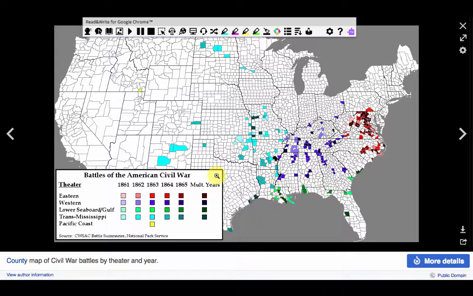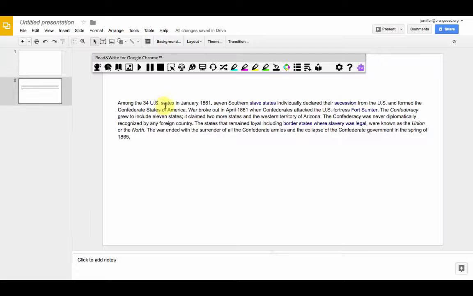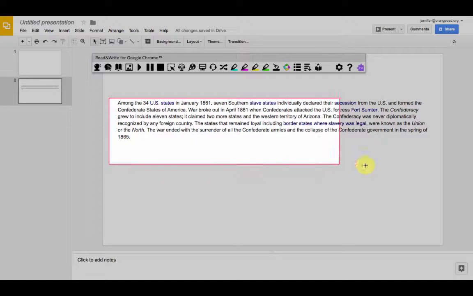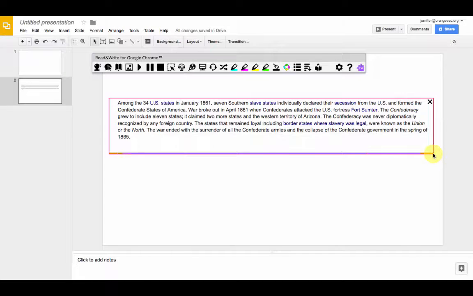The screenshot reader is also really great in other areas, like in a Google slideshow, like this one right here. So if I jump over to this Google slideshow, we'll notice that the regular text-to-speech does not work in a Google slideshow or in a PDF or areas like that, but the screenshot reader works great. Click on it, drag over the area you want read to you, or even the whole slide if you want,